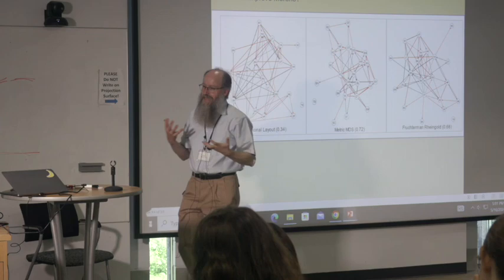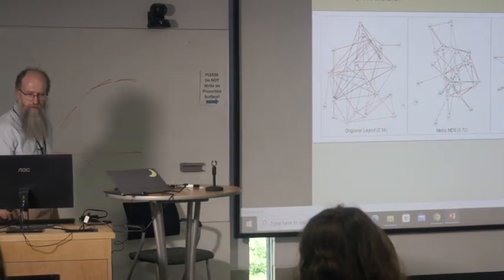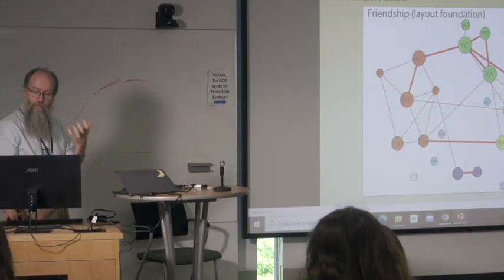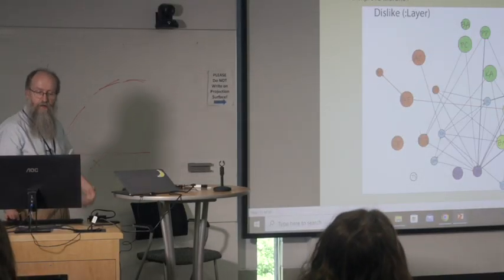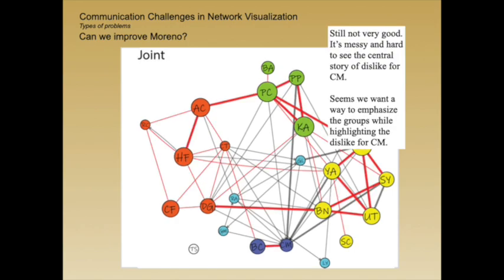But again, this alliance structure idea is not quite there, so we wanted to see if there's something more we could do. So we tried taking only positive ties as our source, the backbone of our network, and then layering negative ties over it, so we could compare the two and see how one dislikes the other. But again, combined is kind of a mess. It doesn't really work. At this point we thought, well, maybe Moreno had it right. We should have just left well enough alone.